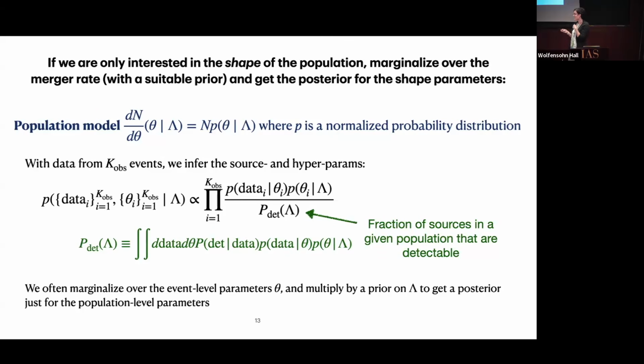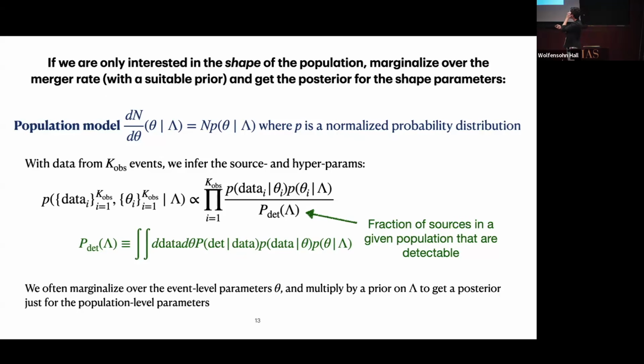And then you can just essentially marginalize over this N. So you're only fitting for these shape parameters, and then you'll get an expression that looks something like this,